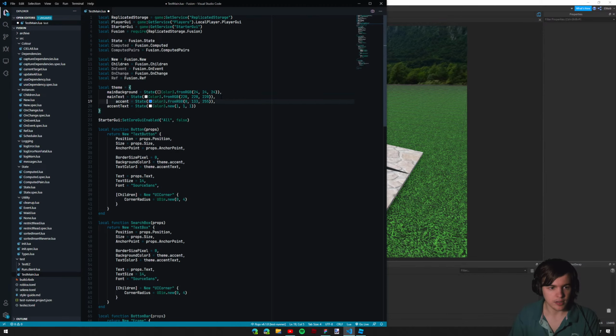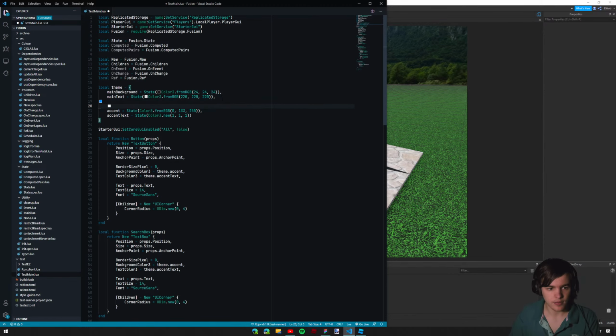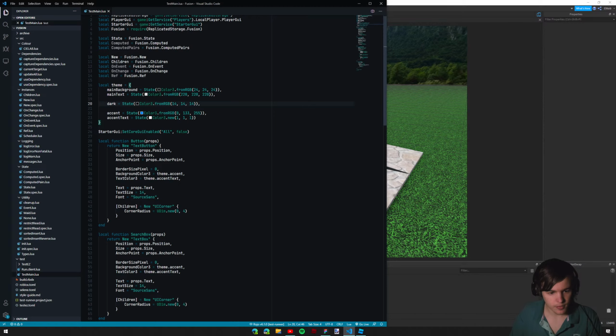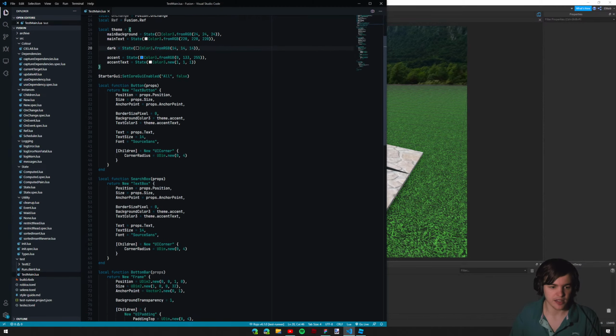Now we're going to need a darker color. So we'll say dark equals state color3 from RGB 14. Why not? That's 10 less than 24. I'm literally making these colors up. These aren't following the design at all. So theme.dark and